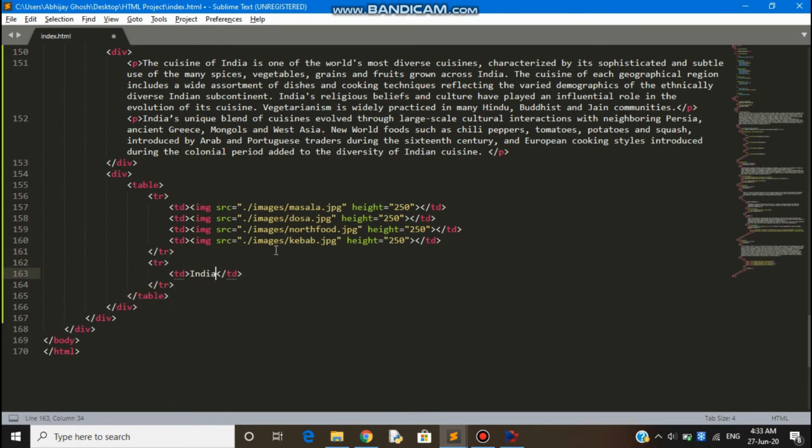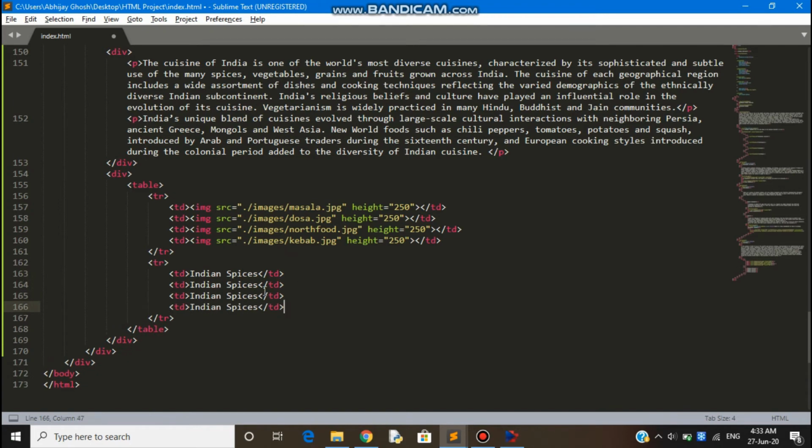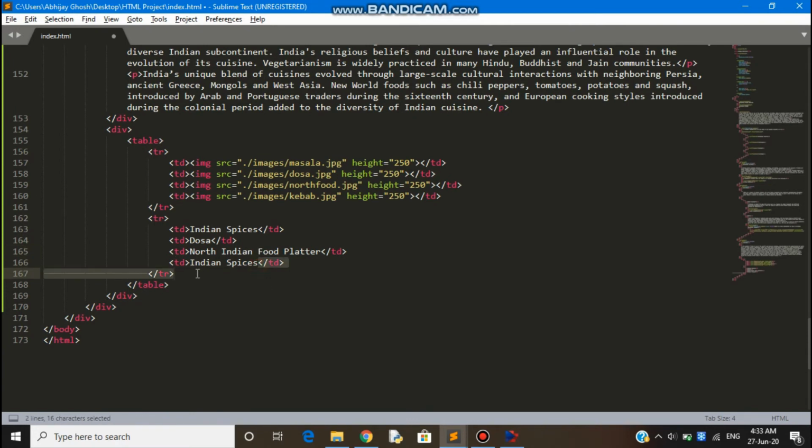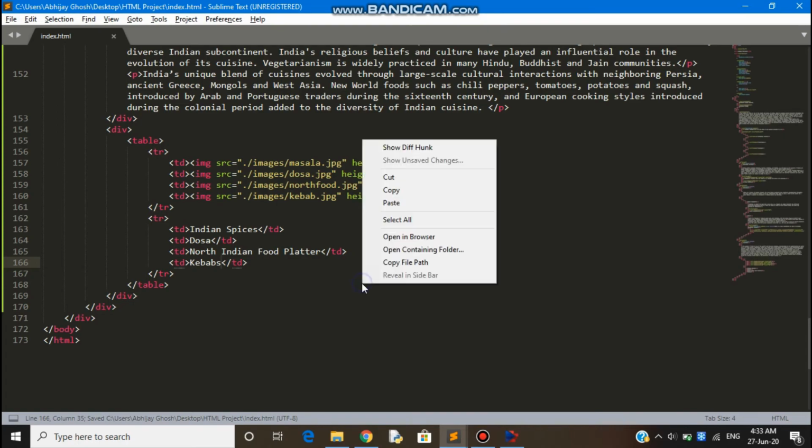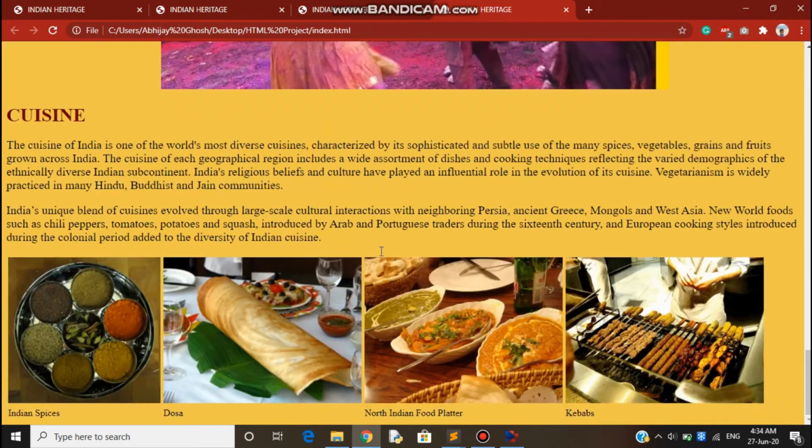Okay, so the next row will contain, you can see what is going on here. This is a small example so that you maintain pace with what's going on. The next table row will contain the data which contains the description of the images. The first will contain Indian spices, the second will contain dosa, the third will contain North Indian platter, and the fourth will contain kebabs. Give me a minute so that I can type up everything.